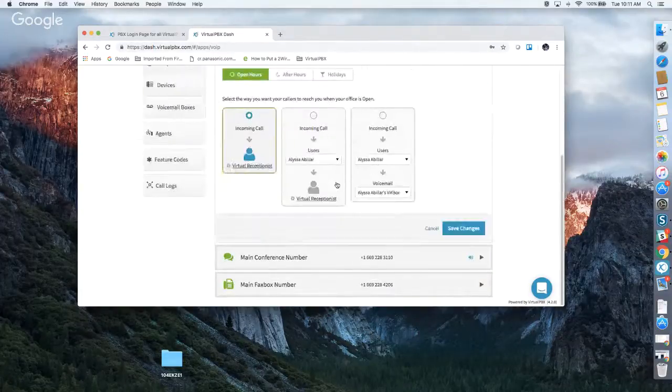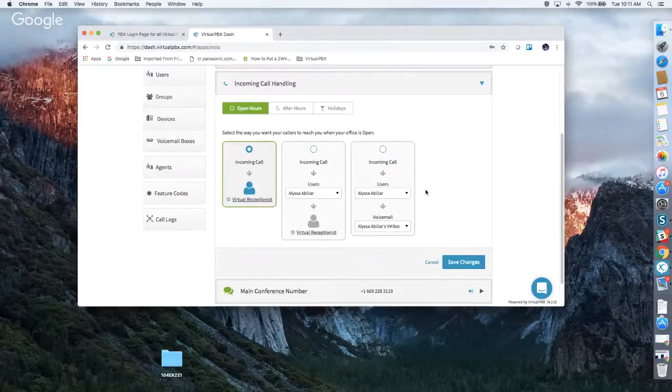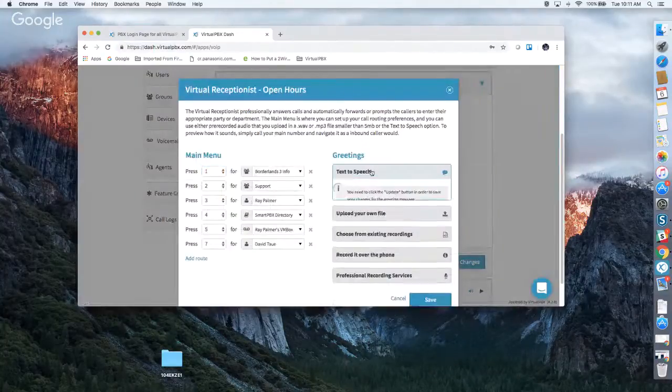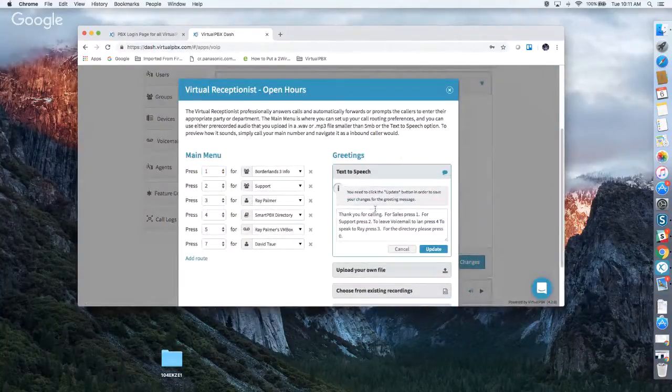Incoming call handling. This is how your main numbers are handling calls that come in. Your first option is a virtual receptionist. Basically, a call comes in, and then you want a greeting to play. Usually in that greeting, you want to give directions in terms of what pressing 1, 2, 3, 4, 5, and 7 does. And then over here on the left,